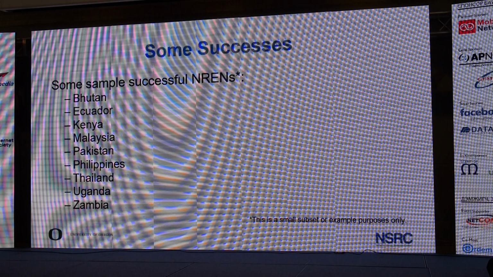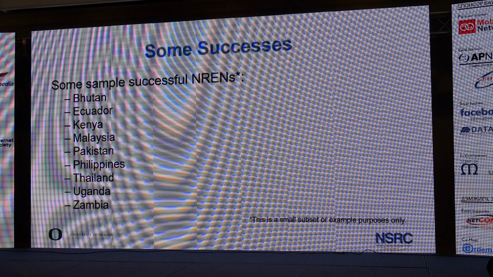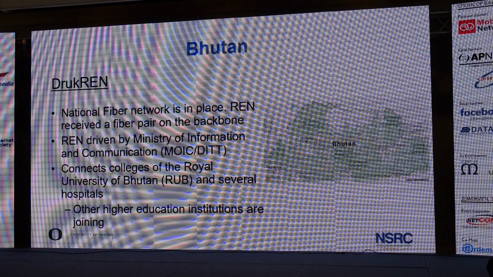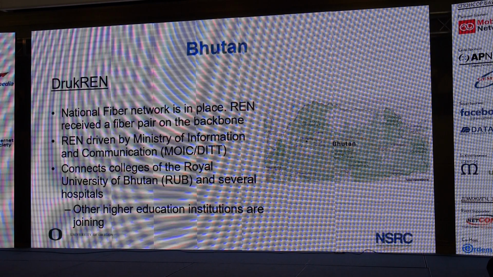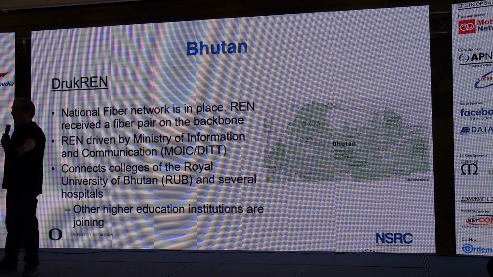So there have been a few success stories over the years, quite a few, and this is a very small sample set of some of the more successful national RENs that have been built up over the years. I'll just give a few examples here. Bhutan, a big one. There's a national fiber network in place, and the REN got a pair on the backbone across the country, which is what has allowed the network to be built, Druk REN. And that was a government initiative. There was not money to do this. This had to be something the government said, as you build out your national fiber backbone, you will